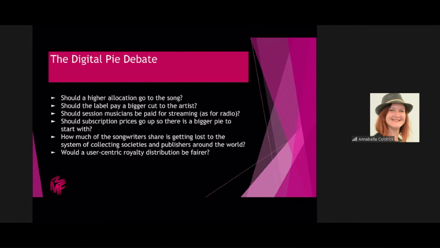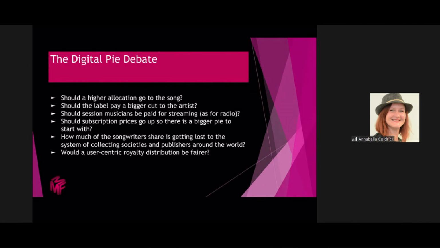On radio, when your music is played on the radio in Spain and the UK, I think it's the same in Spain, certainly in the UK, about 50% goes to the song through the collecting society, and about 50% goes to the recording through the collecting society when there's a radio play, a radio public performance. And then some money of that obviously goes to the publisher and the songwriter, and some goes to the label. And there's also a direct payment to the artist called equitable remuneration, where there's a direct payment to the artist